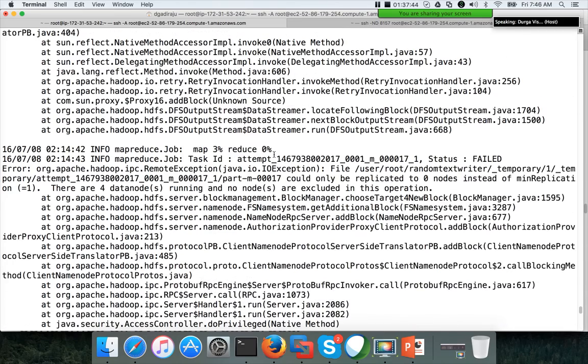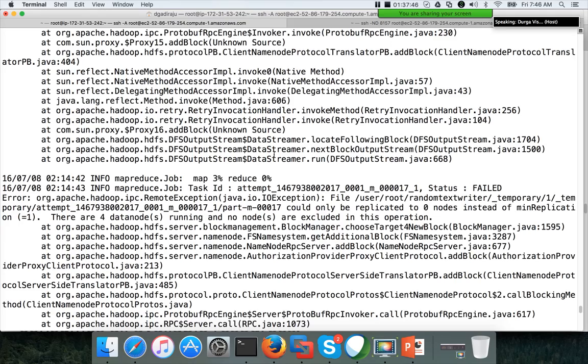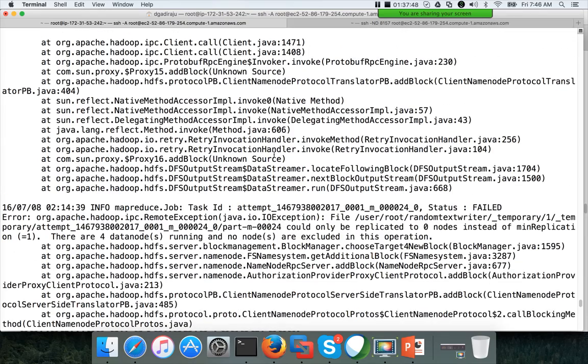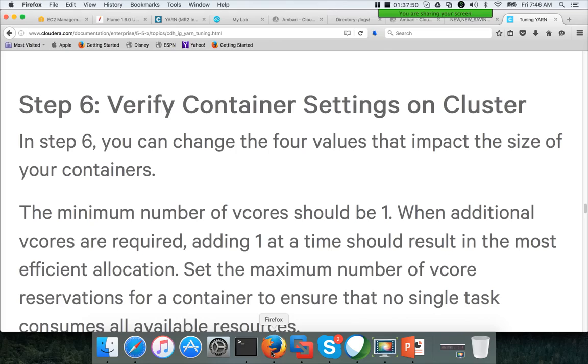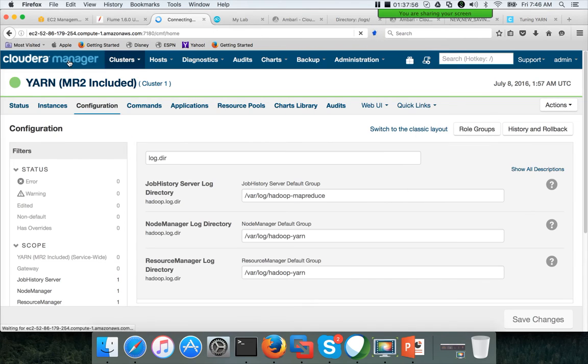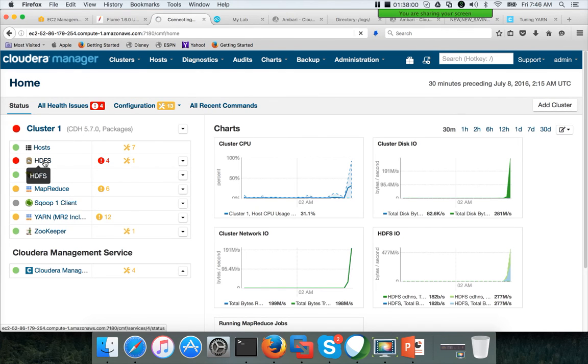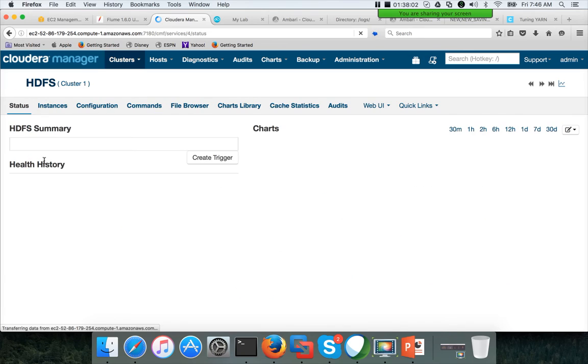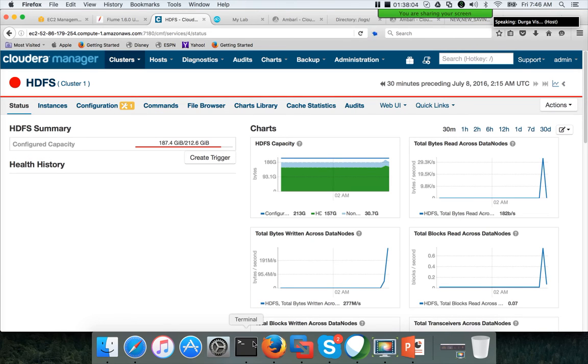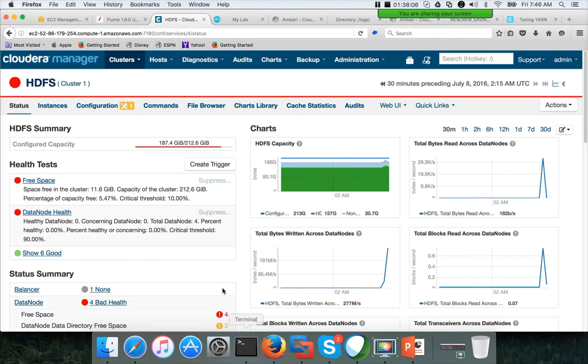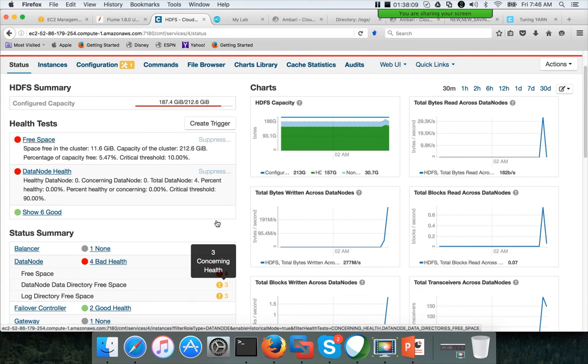There is some issue with my cluster. I have to fix it, that's why it is complaining. Let me see what the issue is. Cloudera Manager, HDFS. I think I should not have deleted the trash. Free space.